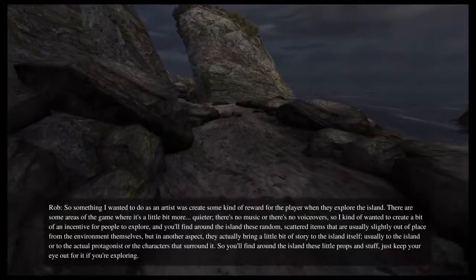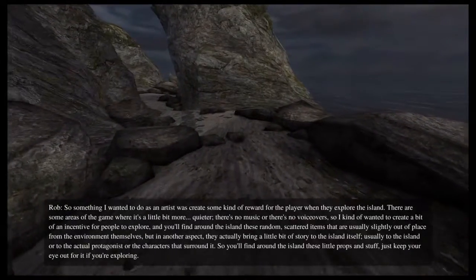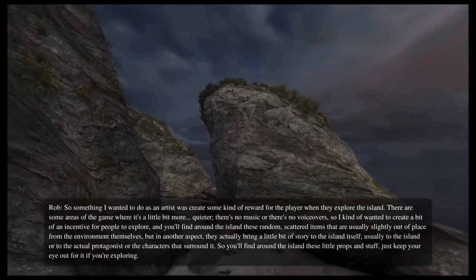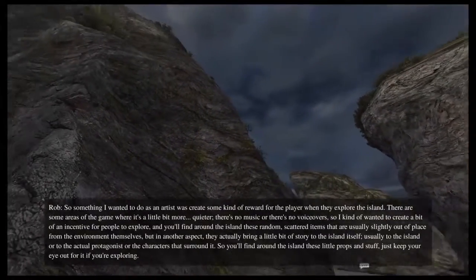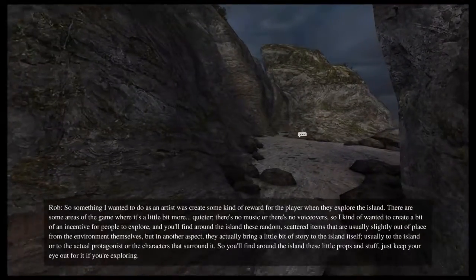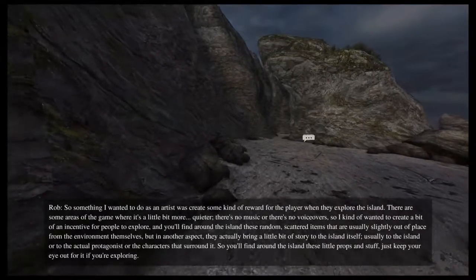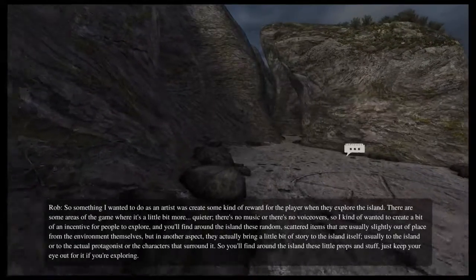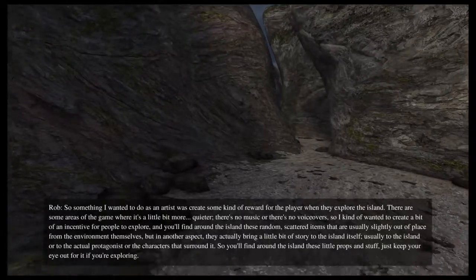And you'll find around the island these randomly scattered items that are usually slightly out of place from the environment, but in another aspect they actually bring a little bit of story to the island itself, or to the protagonists, or the characters that surround it. So you'll find these little props around the island. Just keep your eye out for them if you're exploring.